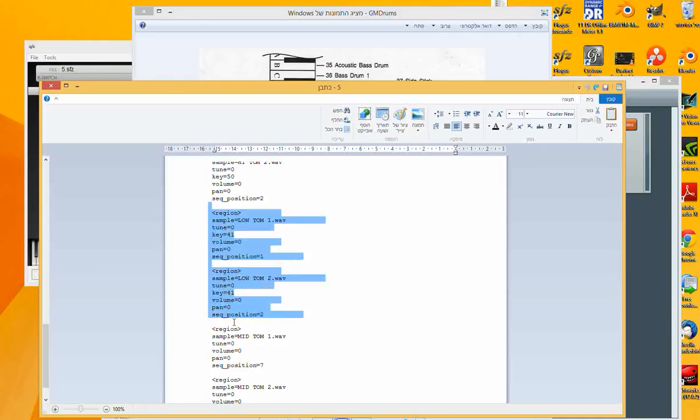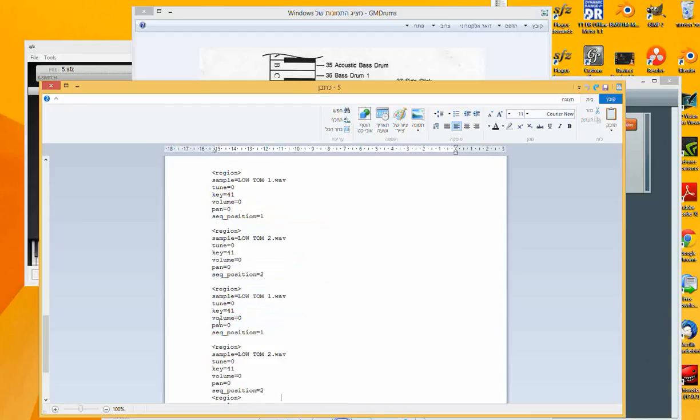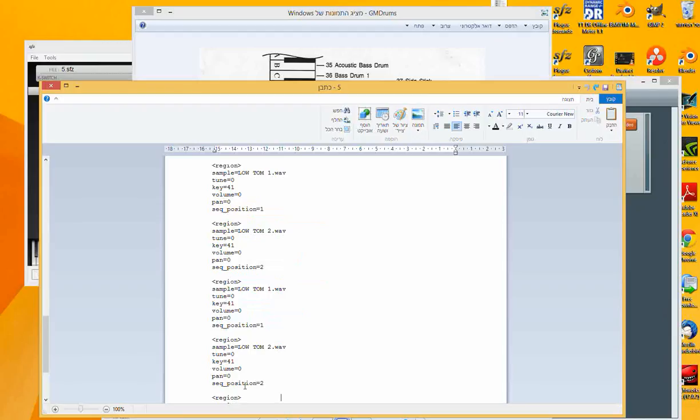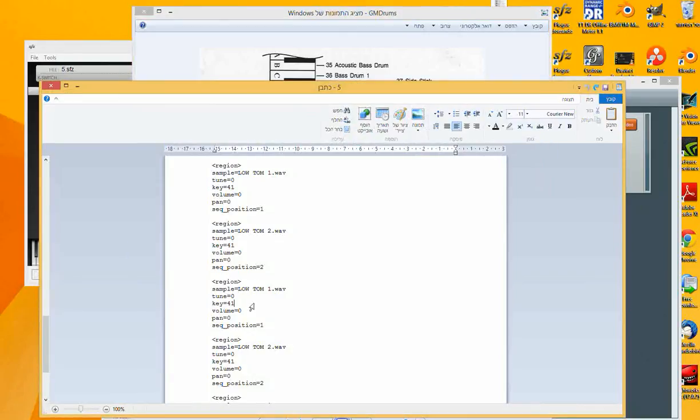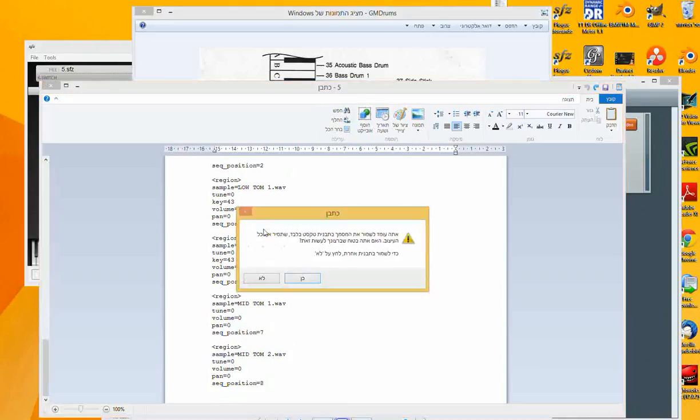Now copy it. This is only for me. You don't need to do it if you don't want the general MIDI to work all the time. And Control V and enter, so we have a space here. Now we need to change it to 43. This is the next low tone. So the low tone is 33, and the next low tone is also 33. Now Control S,